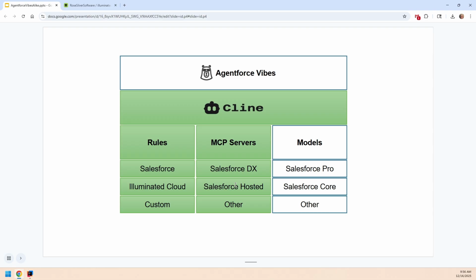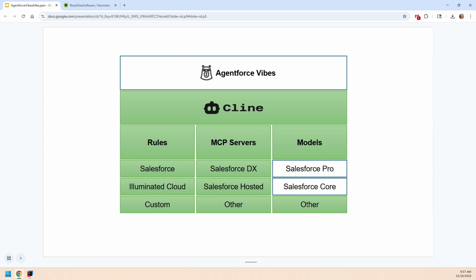And then as far as models, this is where there's a little bit of a difference. When I talked to Salesforce about using and bundling their rules, I also talked to them about maybe getting access to the models. And understandably, because there is a non-trivial cost to serve to Salesforce to execute those models, they're not comfortable making those available to third-party tooling. If they only keep them available to Vibes, they can make sure that they're not being abused or overused and therefore burning through a lot of credits, both for you as the consumer and then also for them as the provider. So they weren't comfortable with that, but that's fine because, as I said earlier, Cline and other Agentic AI tools generally provide the ability to integrate with many other model providers